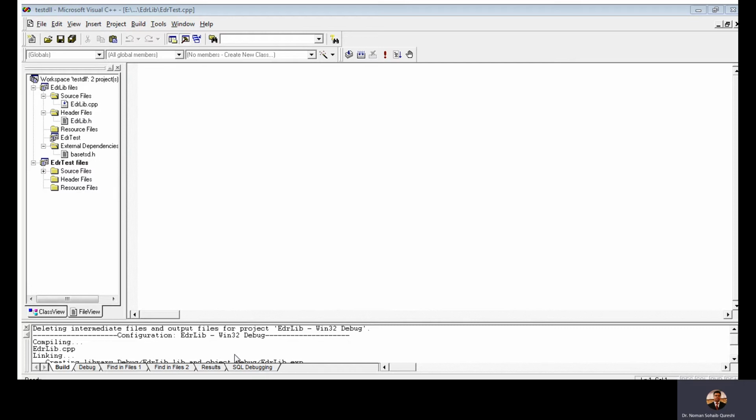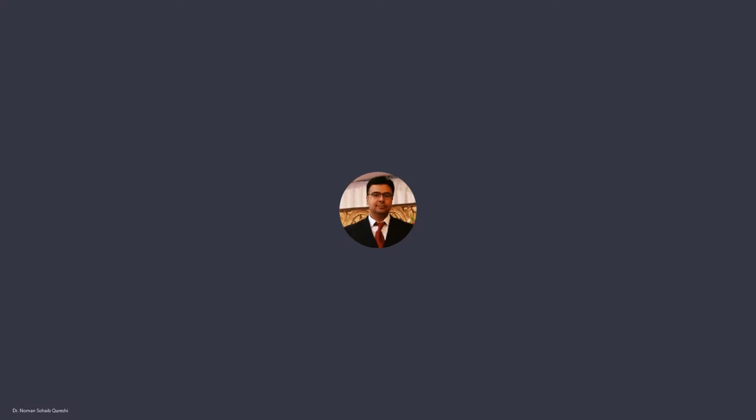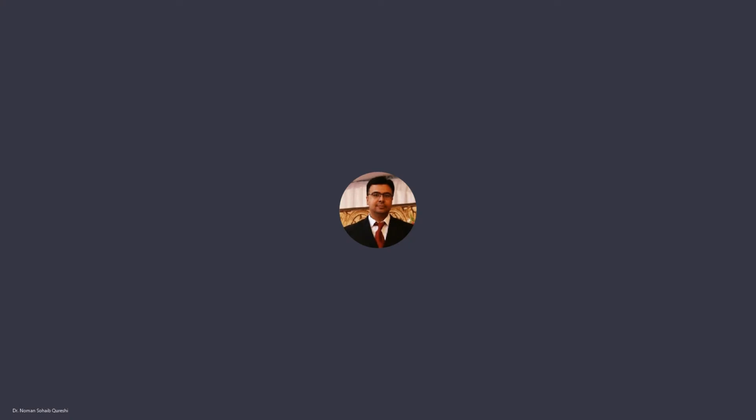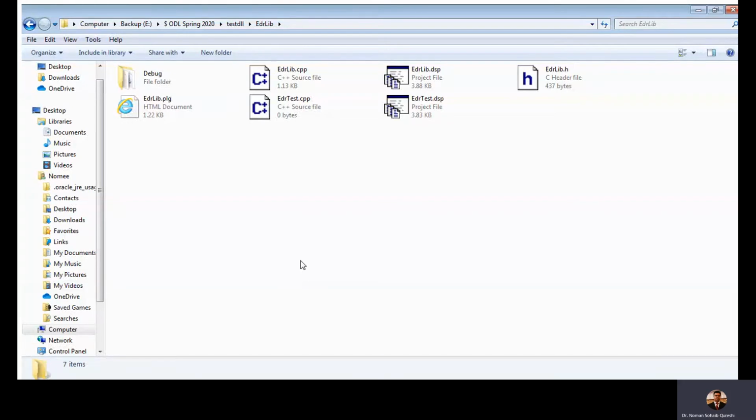Now I would like to show you that. Let me share with you my computer view where we have created this project. Now as you can see, we have selected the same path for the edrtest project which we used for edrlib.